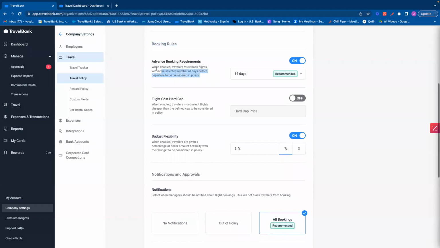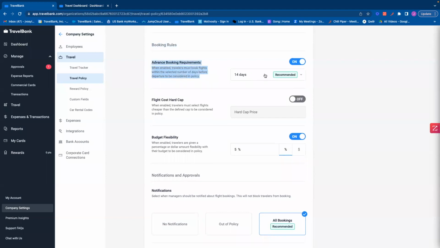For example, we can encourage employees to book in advance using our advanced booking requirements. We can toggle this on or off. So many customers have employees that have to travel on a last-minute basis. We can certainly turn this off if needed, but we recommend encouraging employees to book at least 14 days in advance. You can change this to 7, 21, or 30 days if needed, but 14 days is kind